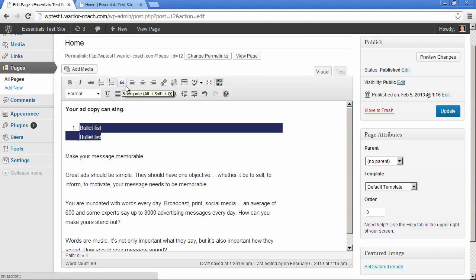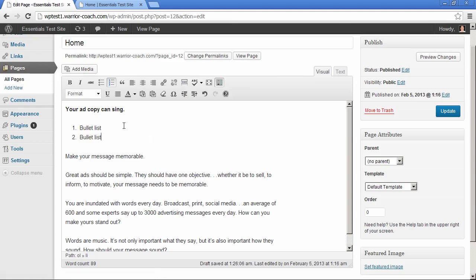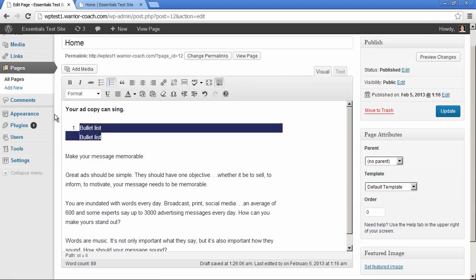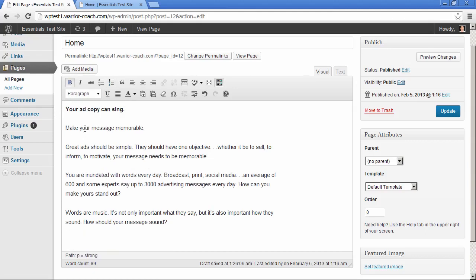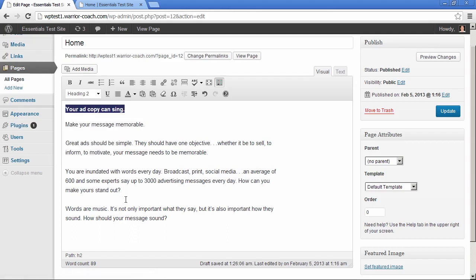This does indented quote, align left, align center, align right. Hyperlink we're going to show you momentarily. Read more, it's used in the post excerpt. We're going to return to that. The most important thing is this line here called the heading level. And typically what you're going to do is, this is sort of similar to Microsoft Word, that it gives you, let me unbold that, it sort of organizes your content according to the importance of the heading. So let's put that heading in heading level 2. There's 6 heading levels, and